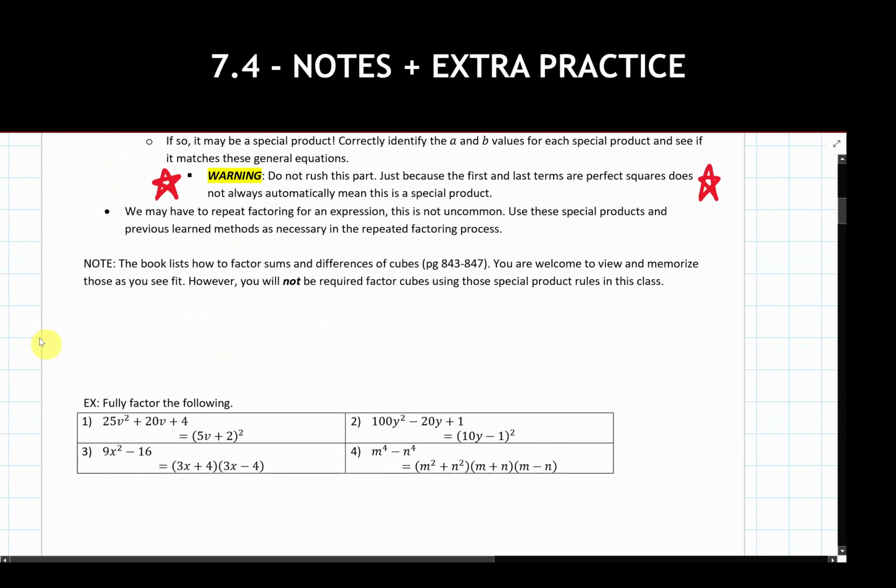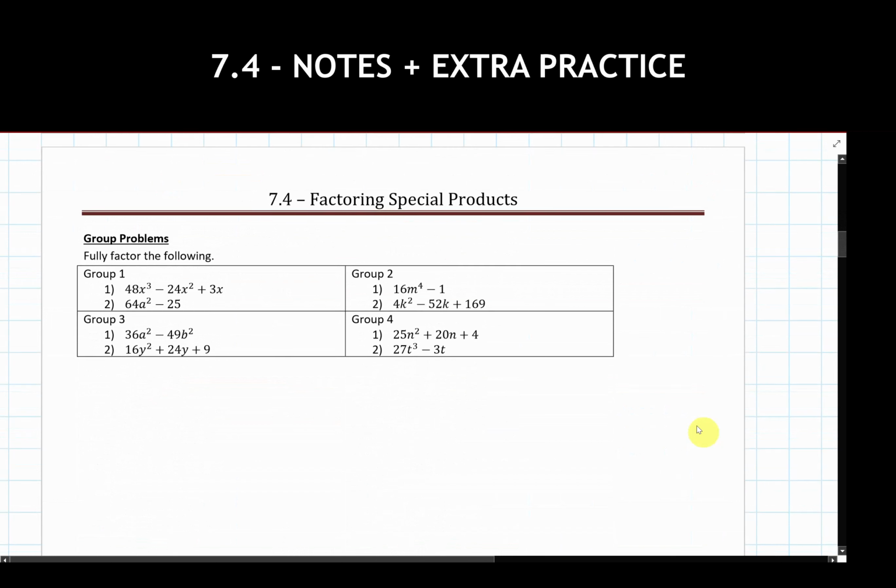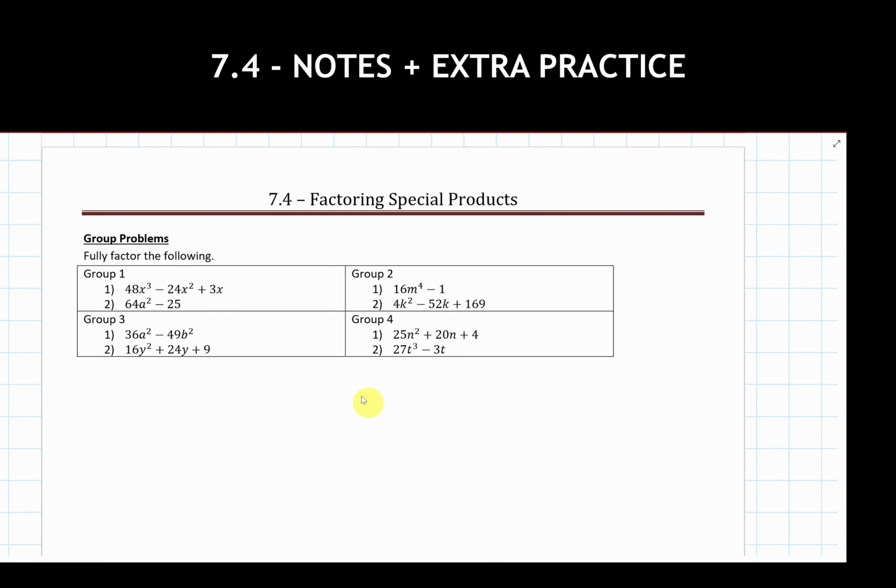Now, the example problems that we went through are the ones that are listed right down here, so you can see these for yourself, write them out as necessary. And then if you'd like some additional practice problems, I'm scrolling down here just for showing these out here. So I'll leave these up here for a couple seconds, and then I'll scroll down to the final answer for each of these. But these are some additional practice problems you could try on your own. I recommend giving it a shot, because if you can master viewing these things and identifying these things, these are going to save you an immense amount of time compared to always defaulting to the AC method. But otherwise, this is everything we have for 7.4.